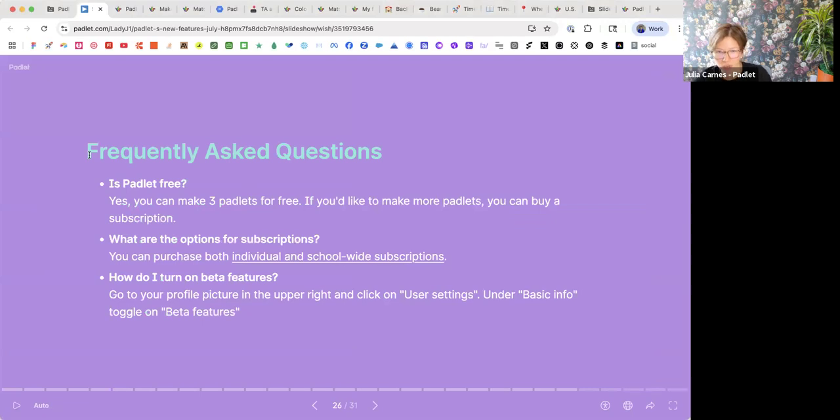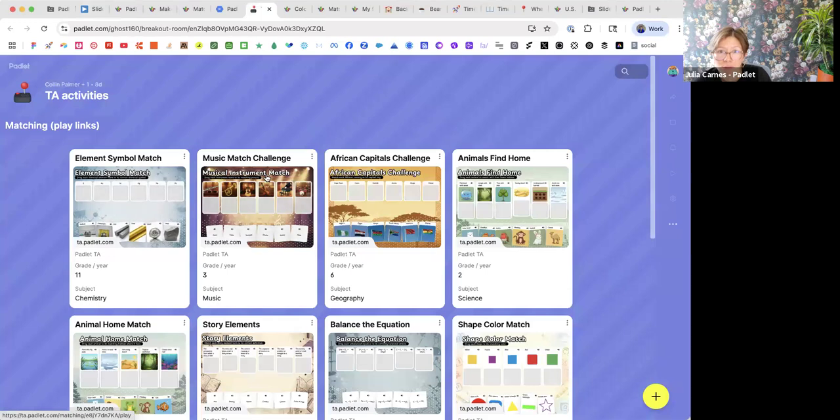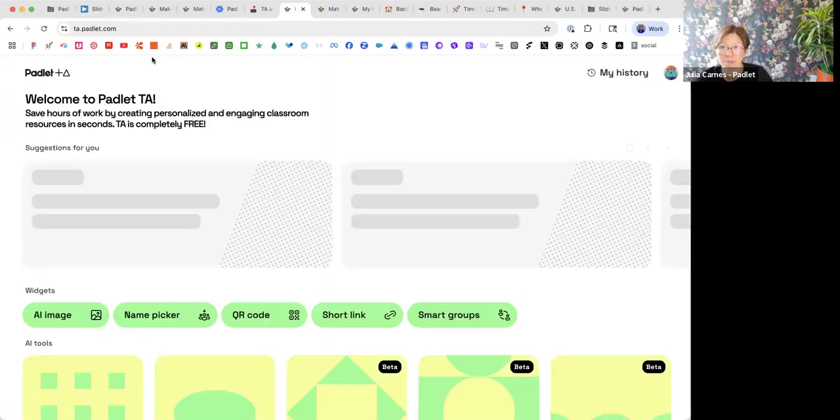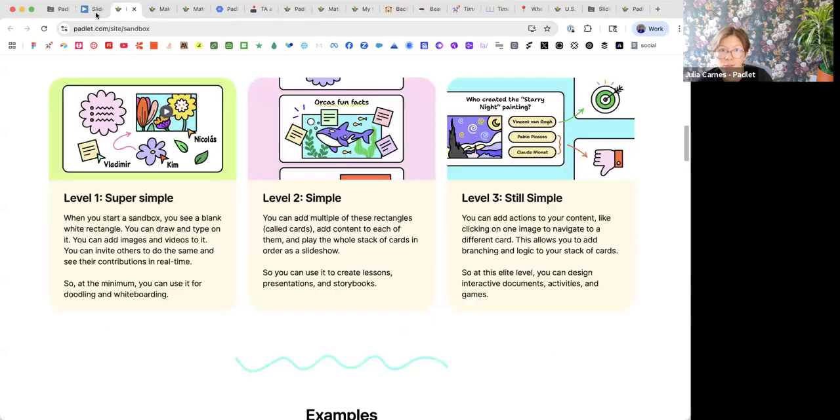In the meantime, just to quickly address some frequently asked questions. So as I mentioned, you can make up to 3 Padlets for free. And then after that, we do have paid subscriptions, or you can delete them to make room for new ones. And TA right now is a free tool to use. So that is kind of outside of the Padlet sphere,